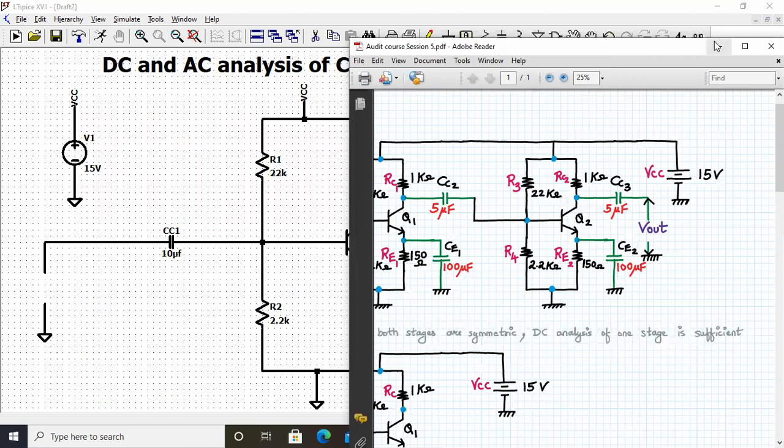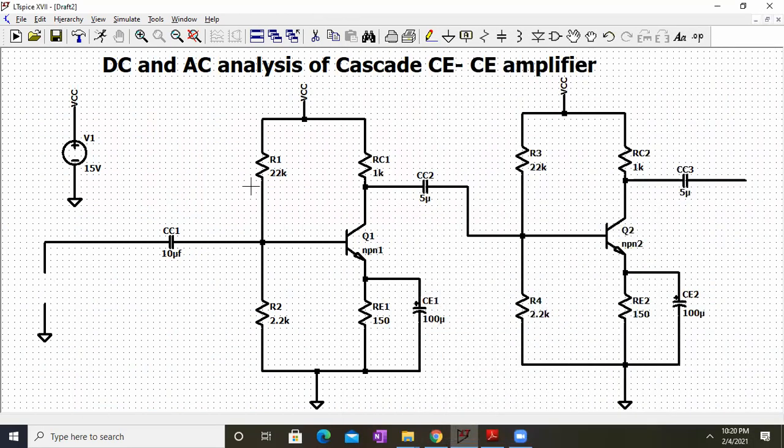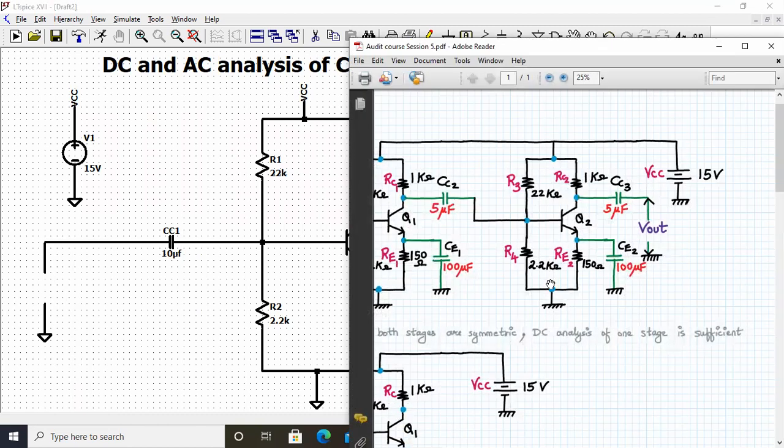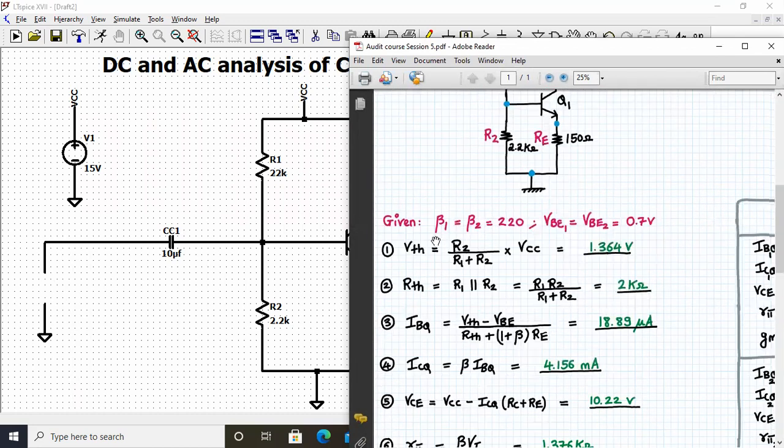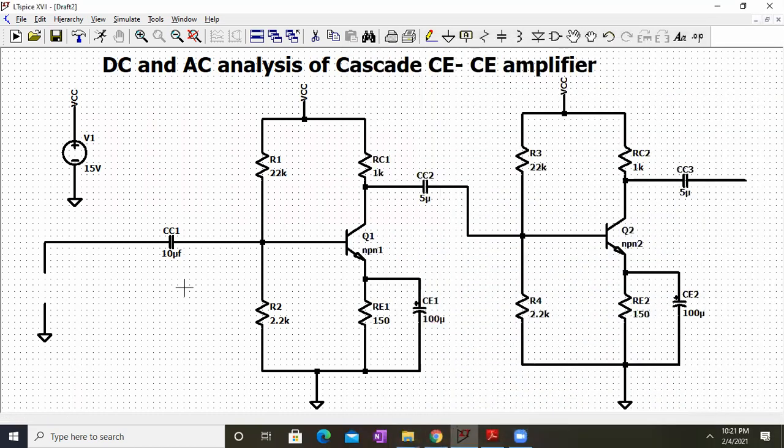Now let us concentrate. Already I have built up the circuit. It's just like we have collected a few resistors, 2 transistors and around 5 capacitors. CE1 and CE2 values are 100 and 100 microfarad as given, and the beta value for both the transistors is symmetric, around 220, and VB1 VB2 internally might be 0.7 volts. Now let's start defining.